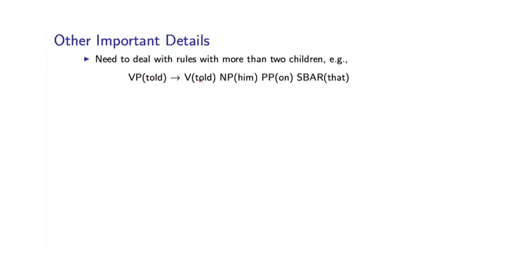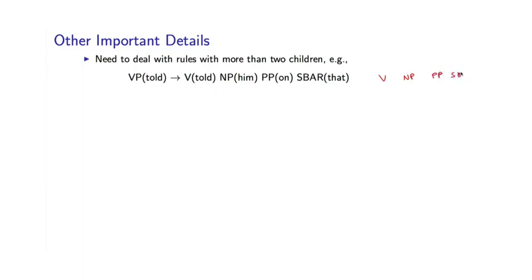One is that although I've shown you the case for lexicalized PCFGs in Chomsky normal form, it is important to deal with rules which have more than one child. So here I have an example rule from the Penn tree bank, which has 1, 2, 3, 4 children on the right-hand side of this rule. There are various ways of doing this. A very simple way is to